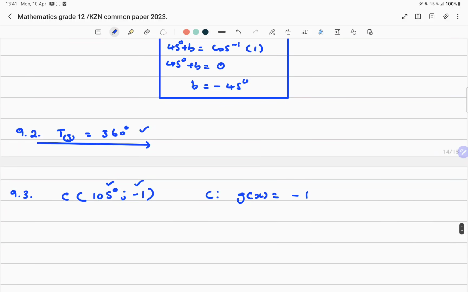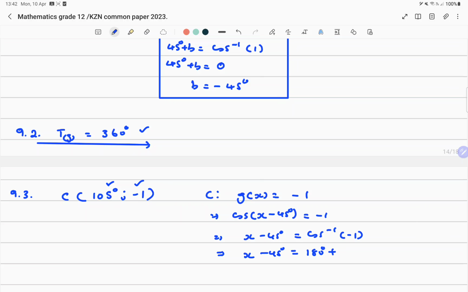Now let's think about g. G was given to us as cos of (x minus 45 degrees). Now we determined that cos of (x minus 45 degrees) is equal to minus 1. Therefore, we can say this implies that x minus 45 degrees is equal to arc cos of minus 1. Now we know that arc cos of minus 1 is basically 180 degrees. So this implies that x minus 45 degrees is equal to 180 degrees plus